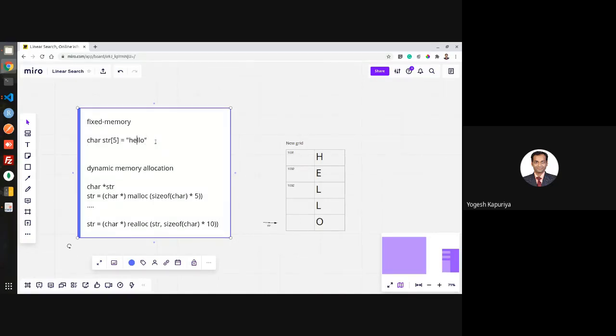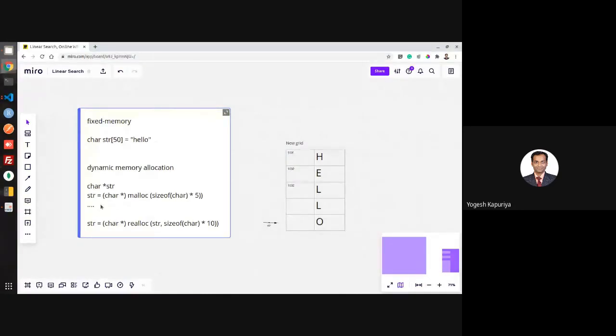You may argue that at some point it may require hello world to store, or it may require something else as well. So let's assign it a size of 50. Even though you require 5 characters, you are wasting 45 other locations. So 45 locations of main memory are occupied but not being used by your program. This is not a good optimization practice. What is required is that you use only the amount of memory which is really needed.